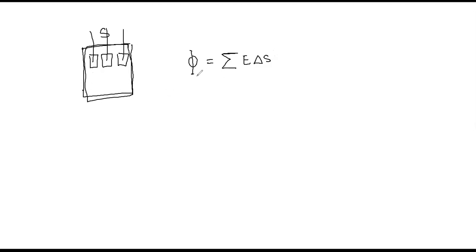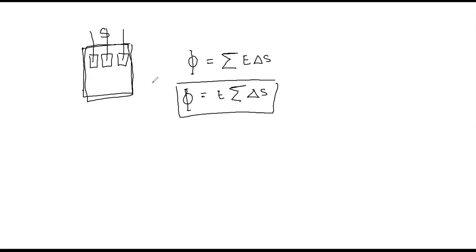Is it very simple? Yes, it is simple. See, we just learnt about the electric flux due to one small area element and we got the expression. Now we want to find the flux for the whole area. That means we add up all these area elements and we arrive at the electric flux for one single big area, right? So what will be the expression? Phi is equal to summation of E delta S. Now take out E outside. What happens? Summation of delta S. So this is the expression for the electric flux for a single large area.